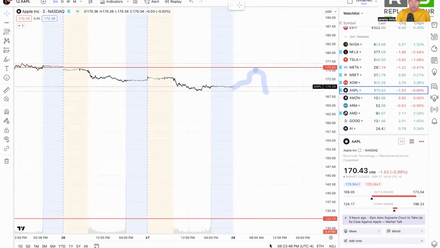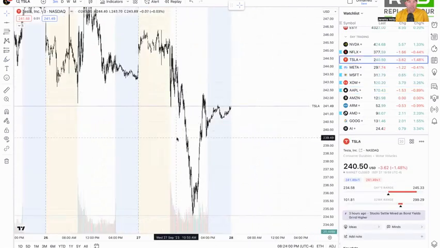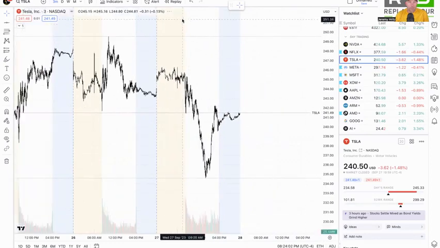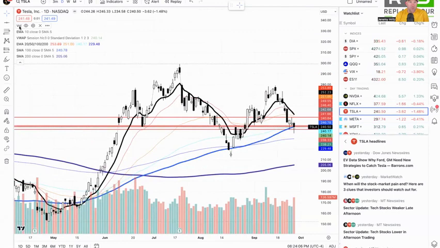Okay. Let me pop back in here to, was not Tesla at a strong support today, signaling that it would bounce? So let's go take a look at Tesla. So Tesla was bouncing. I got a bunch of lines on this one. So Tesla, if we go to the daily chart, and I don't want to get in the weeds here